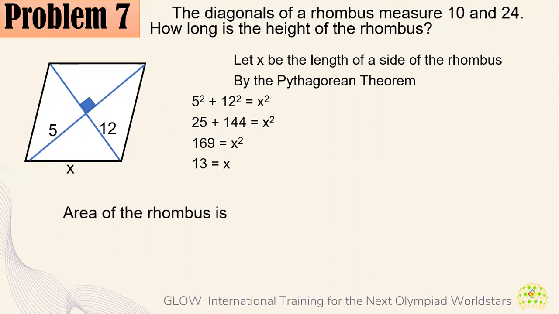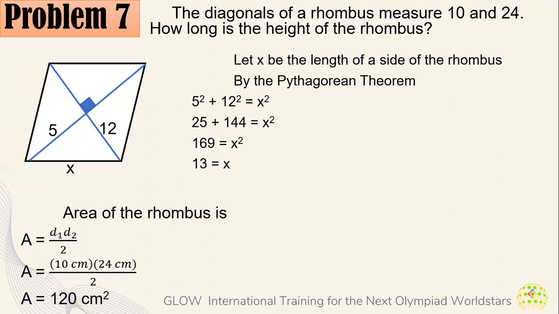And we know that the area of a rhombus, based on the previous slide, is diagonal 1 times diagonal 2 all over 2, right? The first diagonal has a length of 10, the other is 24. So 10 cm times 24 cm all over 2, and that's where you got 120 cm squared as your area of a rhombus, this one. However, if you could recall, based on what you learned when you were in elementary,